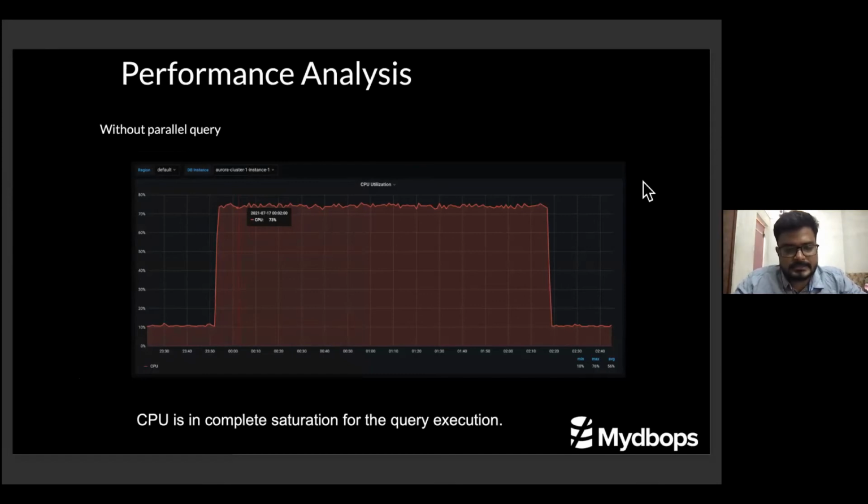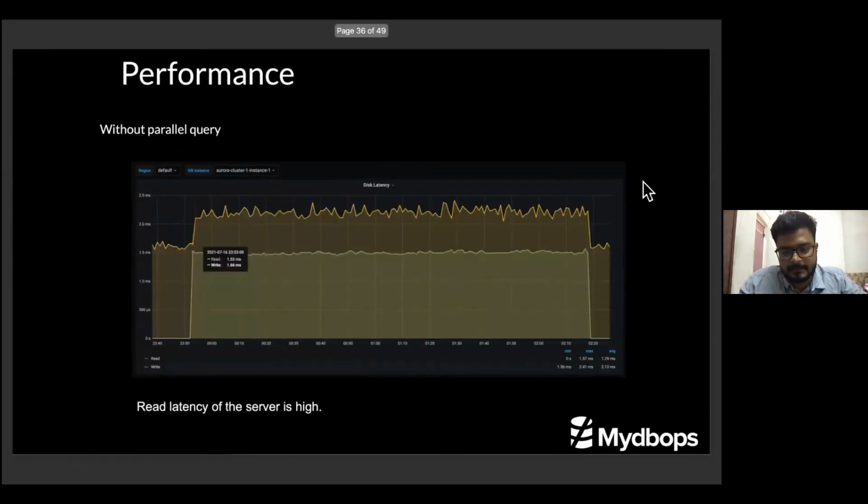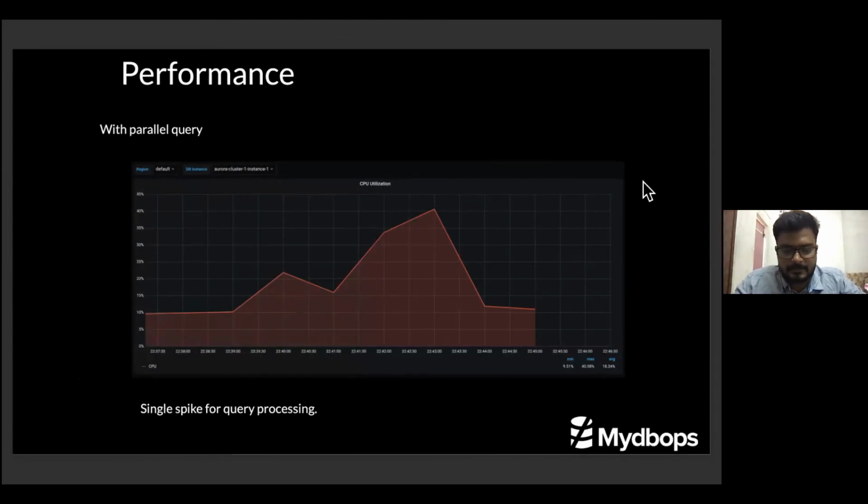You can also see the complete saturation state is the same for the query execution without enabling the parallel query. After enabling the parallel query, it took a resource utilization of only 40 percent. Without the parallel query, the resource utilization was a complete 80 to 90 percent throughout the 2.5 hours.